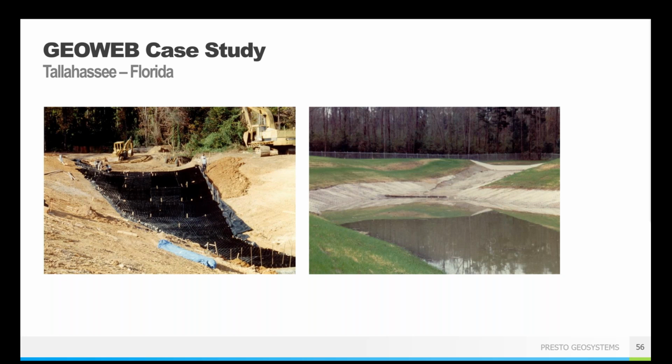And so they were able to lay the GeoWeb down over the spillway apron, again, fill it in with concrete, and now you know that it can handle, like we said, testing showed 36 feet per second, but experience has shown significantly higher flows than that. And so they were able to cover all of the area that they needed on that spillway apron and some of the side slopes to show that this is now going to be safe from erosion while that water is directed into the pond.